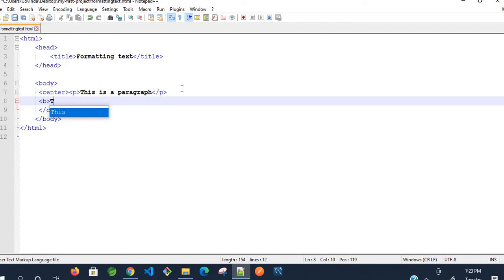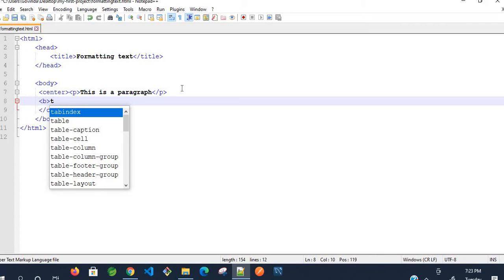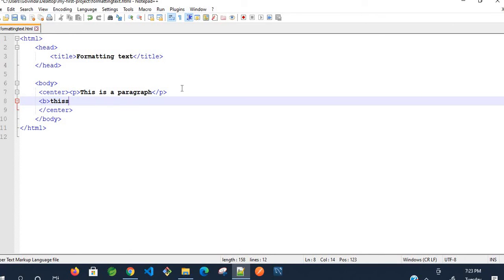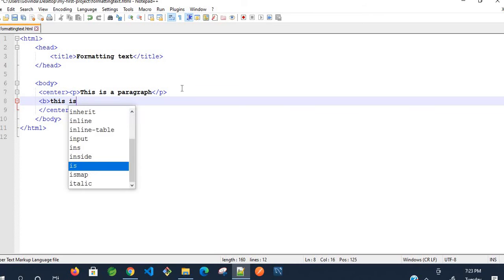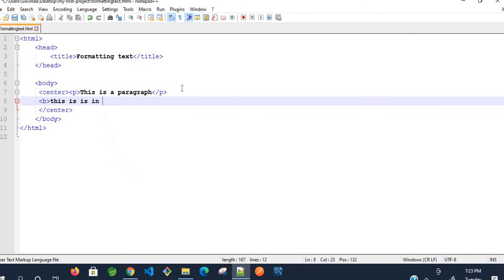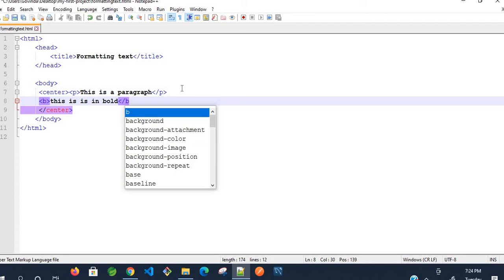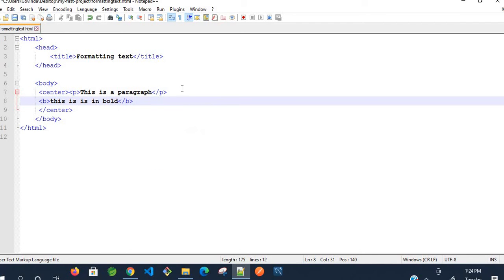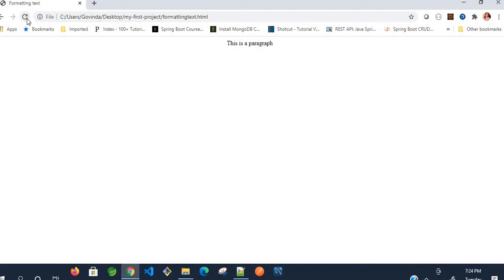This is in bold. Just close the bold tag, save your file. Go to the browser, then refresh it.